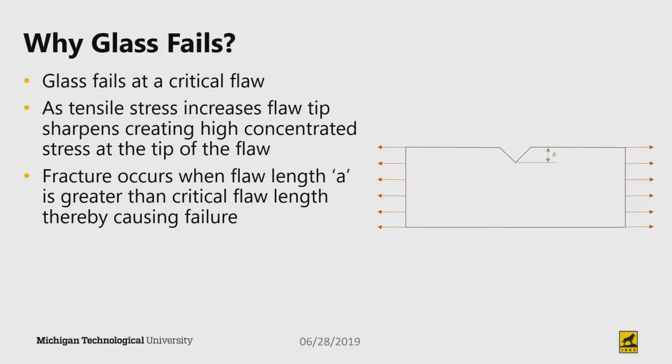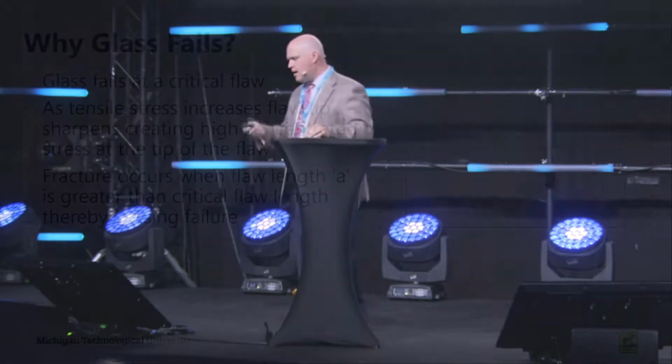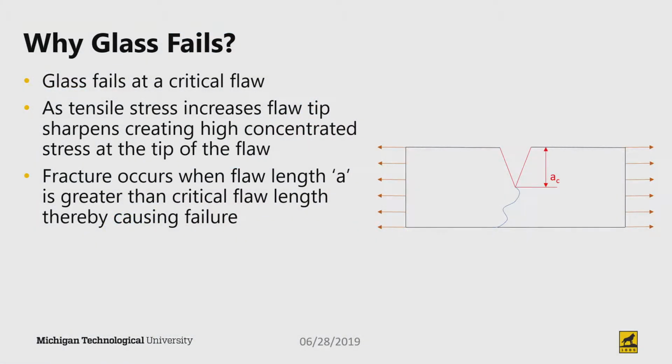Remember, with E1300, we're basing the strength on the idea of having surface flaws that, when put in tension, grow or expand and sharpen, thus creating a stress concentration. And at some point, that becomes a critical stress that actually initiates fracture. And so we want to extend that philosophy to what's going on with the edges as well, because we have flaws in the edges too, from cutting, polishing,